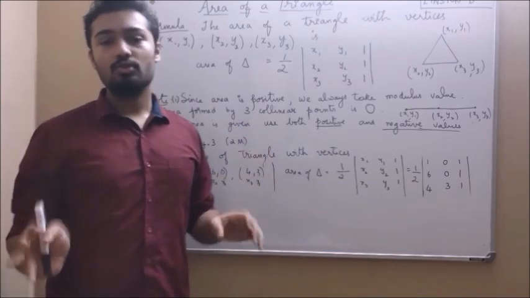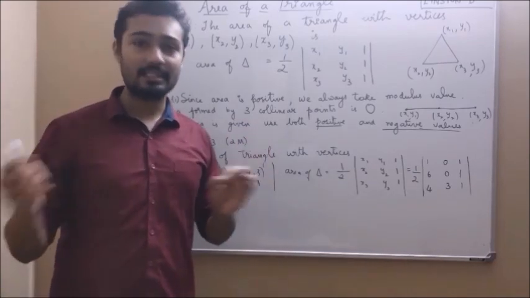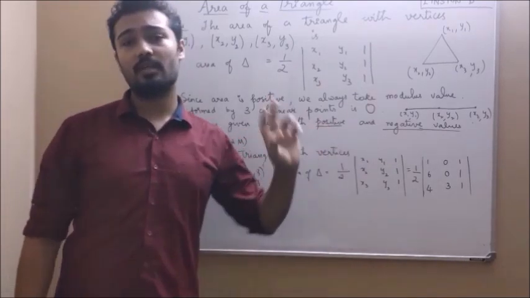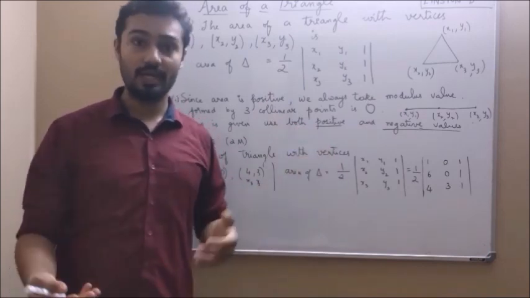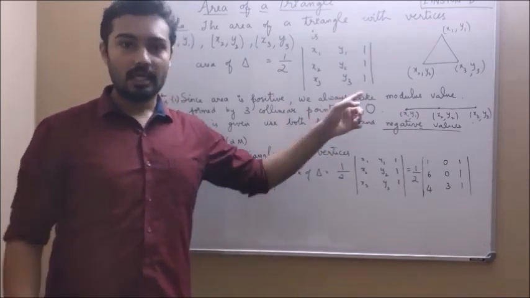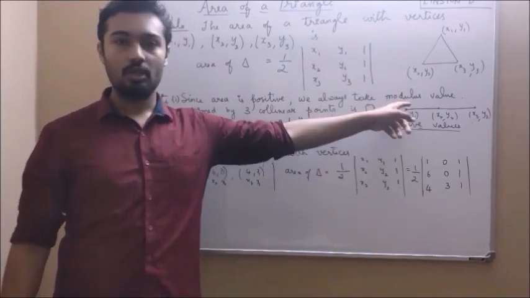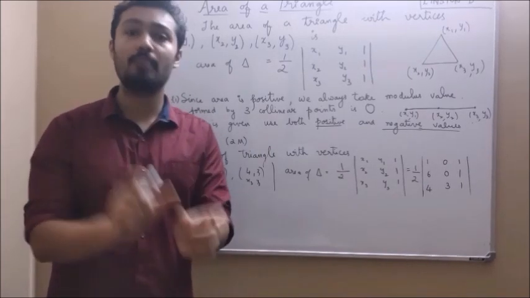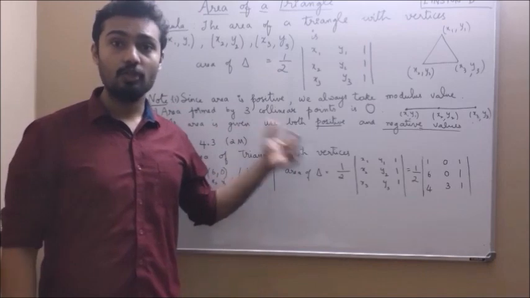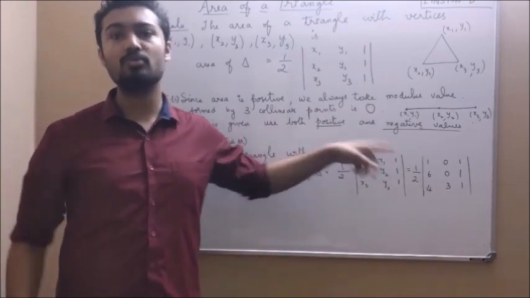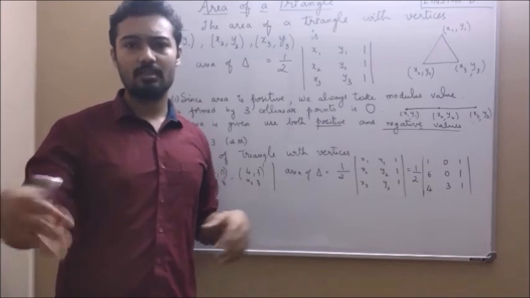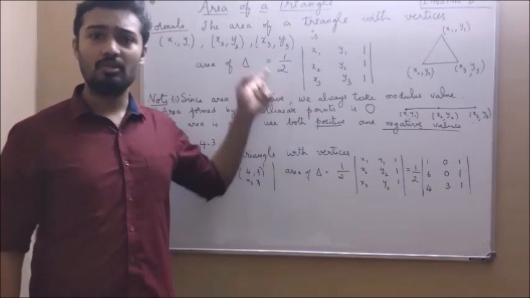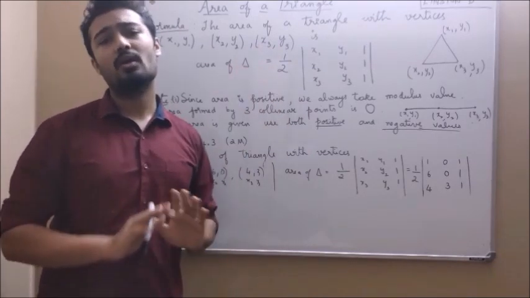Next, suppose you have been given the area. Suppose when you are doing any sums, you are given the area. The area is so much. So you have to use both positive and negative values. Why? Because the area you get is by taking the modulus. So if it is positive, it remains positive. If it is negative, it is taken as the modulus value and made positive. So if the area is given, you always take both positive and negative values to evaluate in the sum. There is one such sum like that. You will understand when we do the sum. So these are the notes and remarks. This is the formula. Remember the formula, then you can do all the sums.